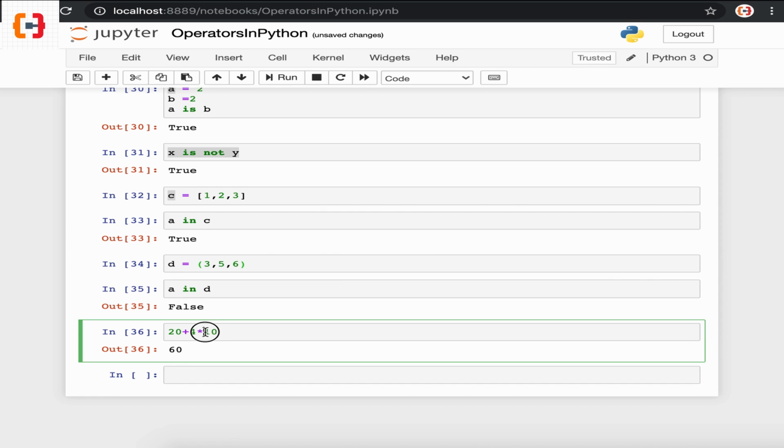So when Python is trying to execute this command, it performs two operations. One is the addition of numbers, other is the multiplication of numbers. So how does Python understand which operation the Python compiler should perform first, whether it be addition or multiplication? Python supports standard algebraic precedence like any other programming language. So as per the precedence chart, multiplication has higher precedence compared to the addition operator, and that's why it multiplies 10 and 4 and adds 20 to the result. Hence the final value which we get is 60.